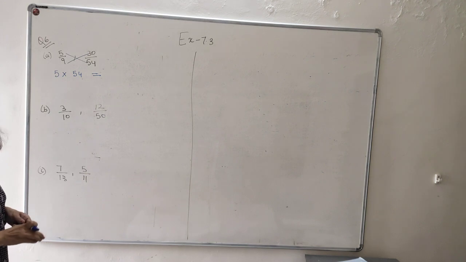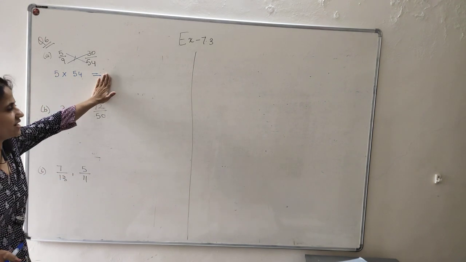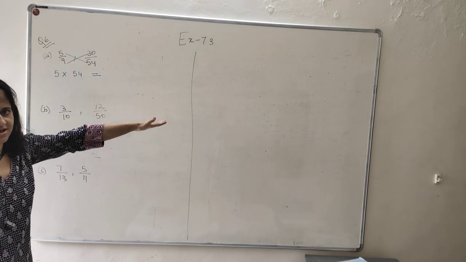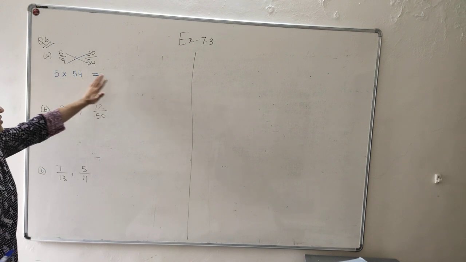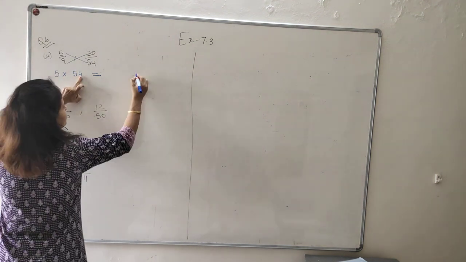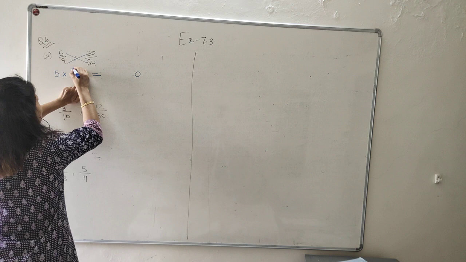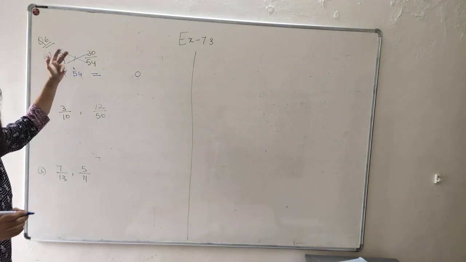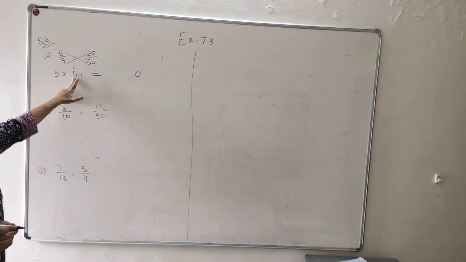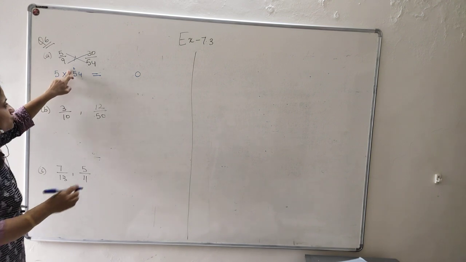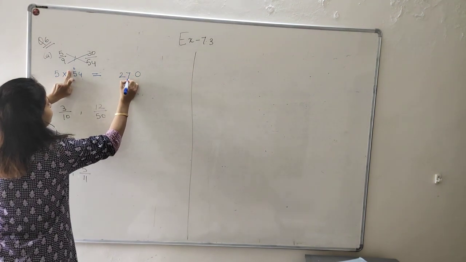Now children, you all know the table of 5. So here only you can multiply. Instead of making a rough column and doing it, here only you can multiply. 5 4s are 20. 0 down, 2 carry over. 2 will be carried over to the neighbor. 5 5s are 25. 25 plus 2, 27.